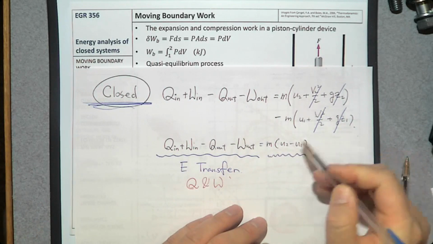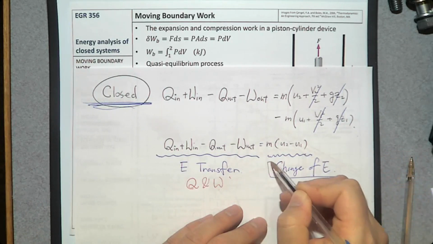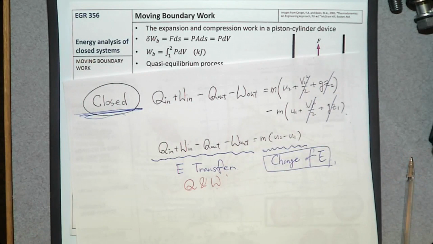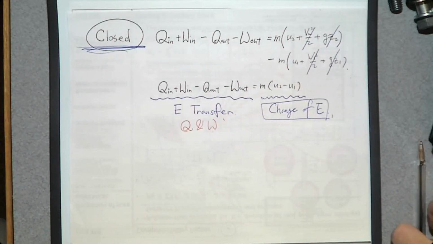So this is the change of energy of a system. When the total energy of a system changes due to this heat and work transfer, let's say the temperature of the system goes up or internal energy changes, whenever there is a change in the system, we write them on the right-hand side of this energy balance equation. Then there is one problem, which is